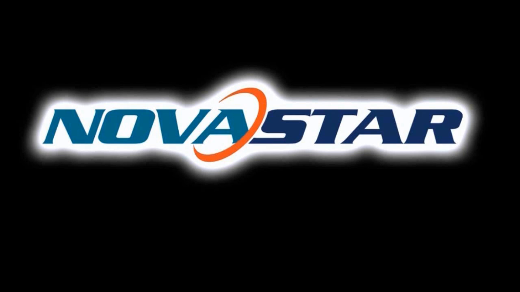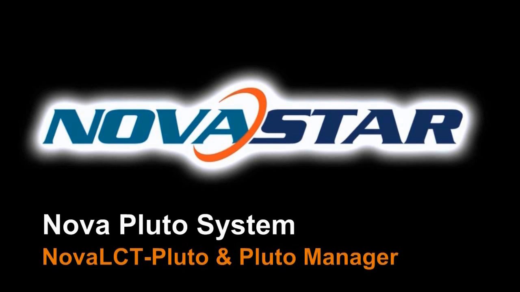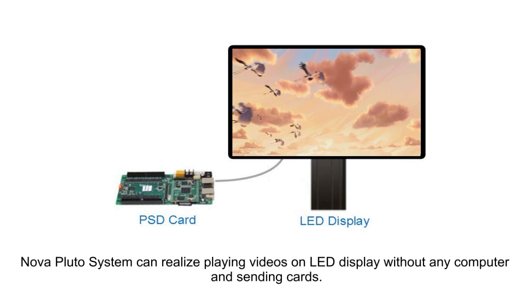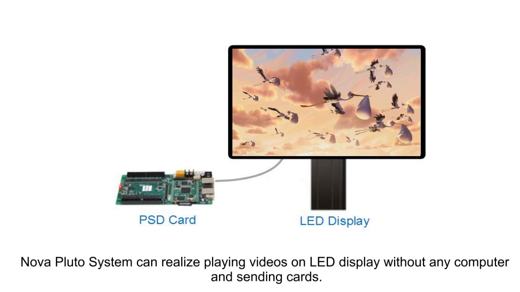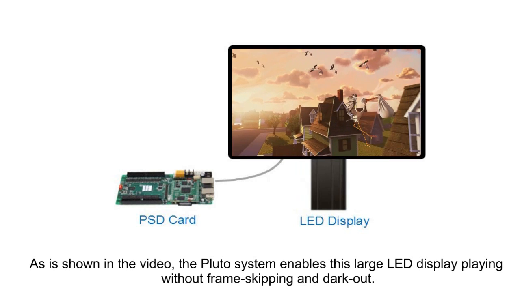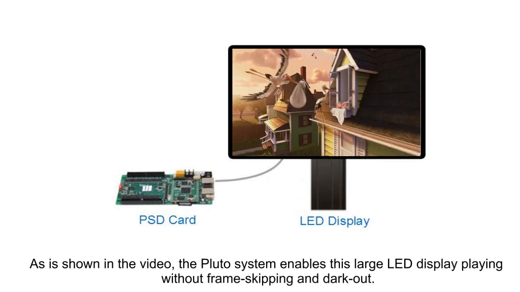This video is mainly for demonstrating the Nova Pluto system, which means asynchronous system. Nova Pluto system can realize playing videos on LED display without any computer and sending cards. As is shown in the video, the Pluto system enables its large LED display playing without frame skipping and dark